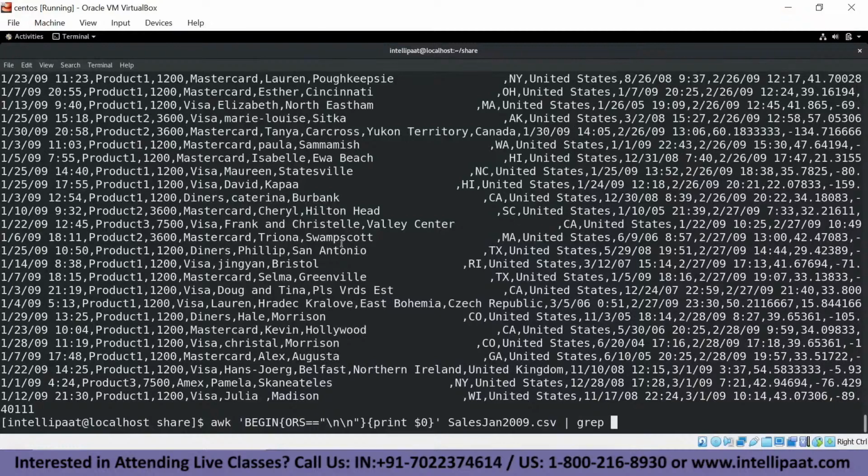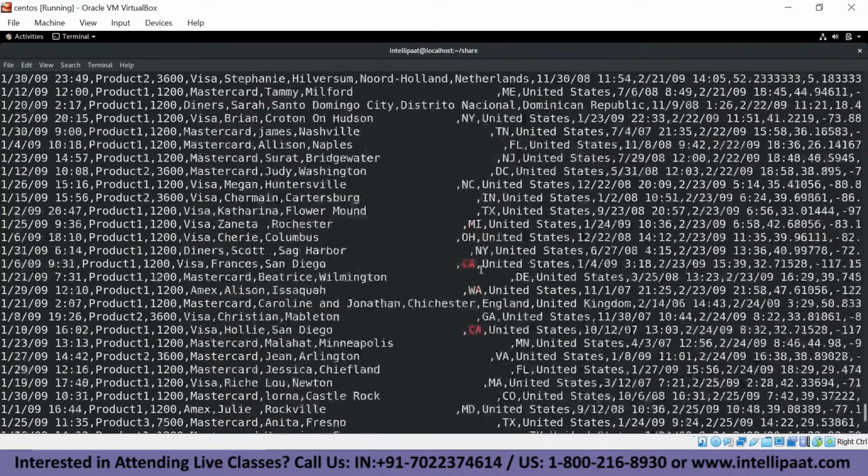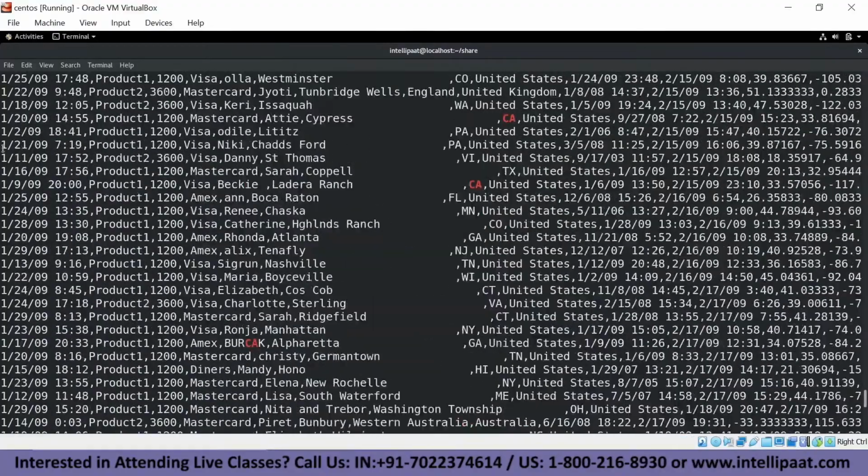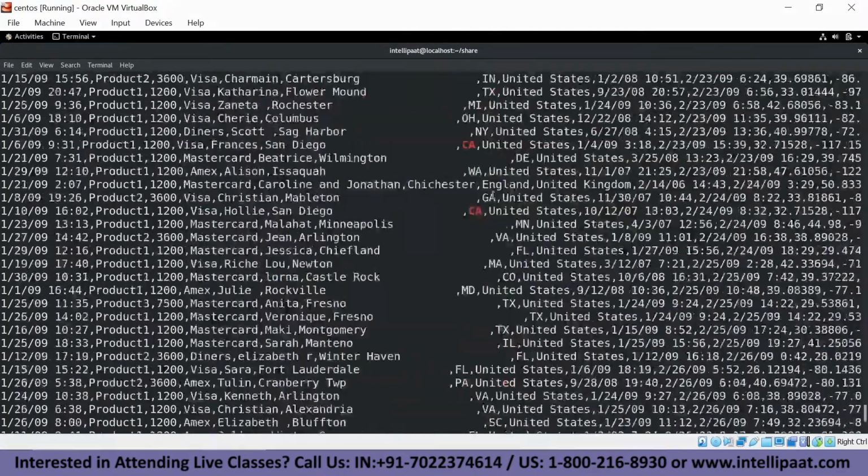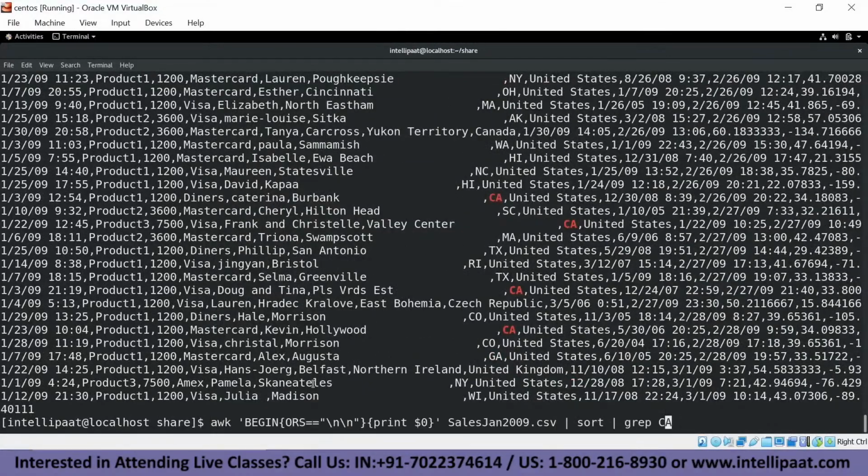Okay, so sort, and then grep. What can we grep? Can we grep CA? Okay, so now you can see it has grepped it. It has as well as sorted it, and it checked for CA in every single line. But the problem is we are printing every line. So you can see $0, we are printing every line. That is the problem. So right now what we can do is we can do this, and now grep CA,